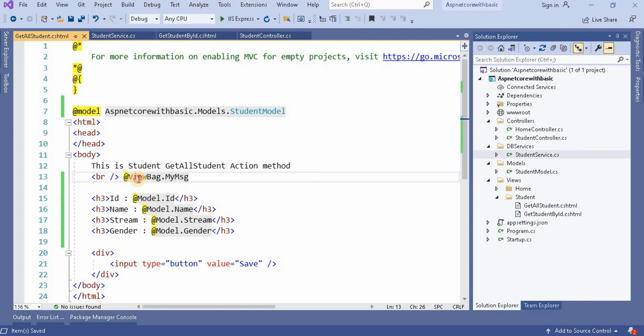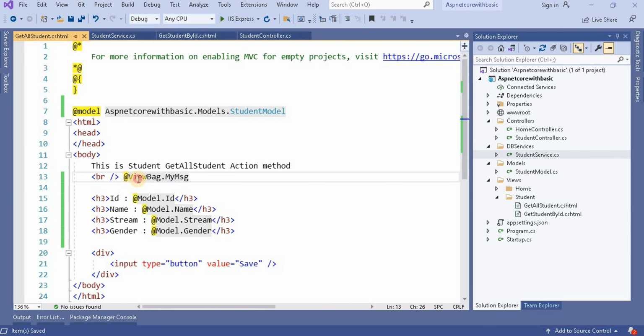Previously we were passing this model from here. So let's close this, copy this particular data from here, give 1, and pass this model. So we will use that particular data.